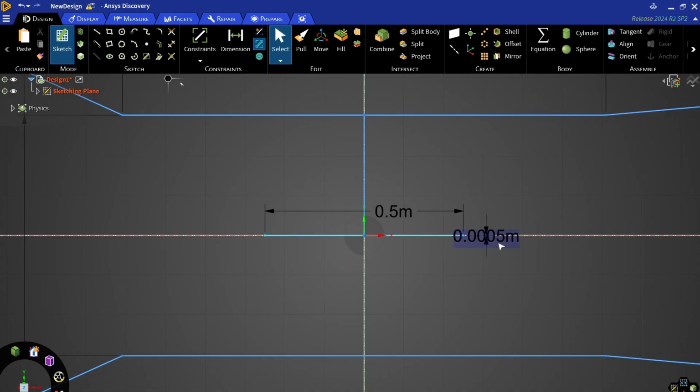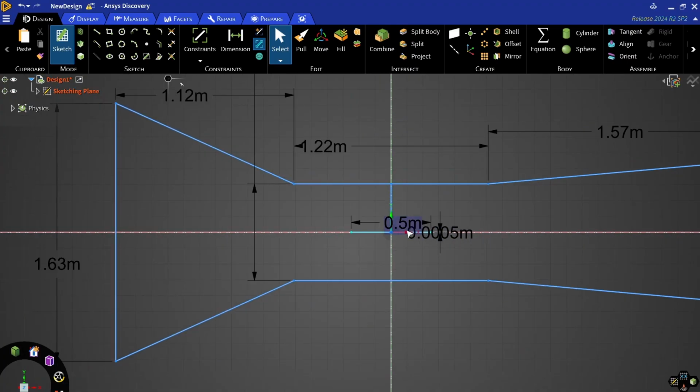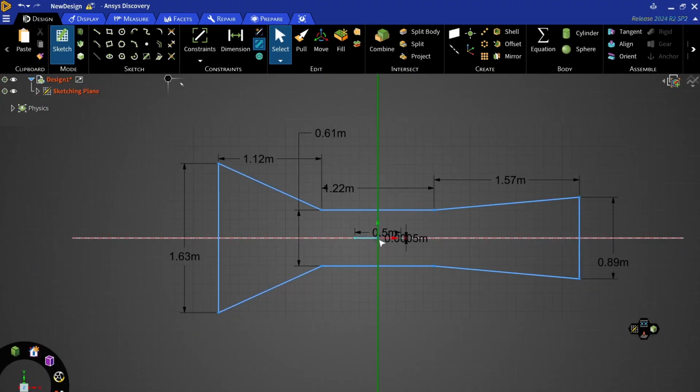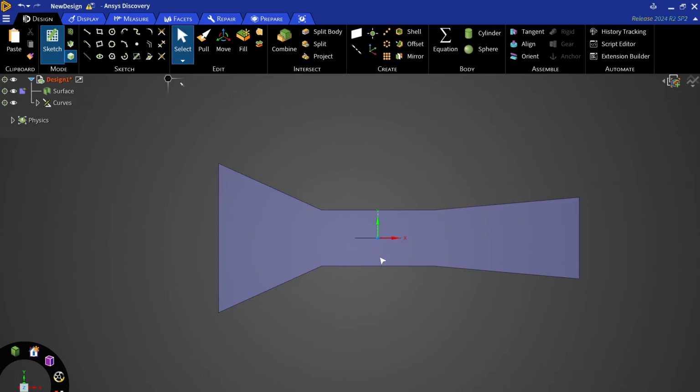Basically, like 1,000 times thinner around there, and that's it. Now we press D, go back to body mode, it'll create a surface, and we just name